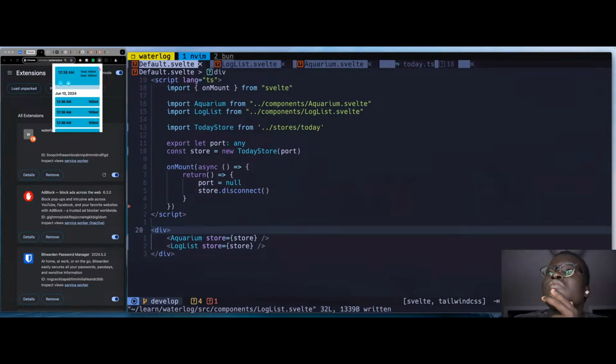So settings screen. I don't know how to build a UI. It's probably going to be just a list and some form inputs. So I would have maybe enabled as a toggle on or off, and then maybe start time is going to be